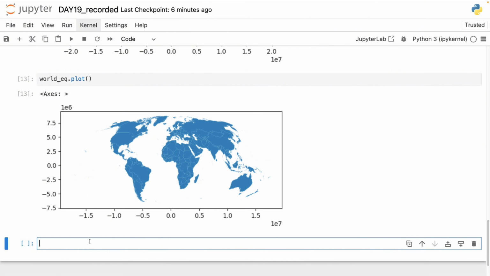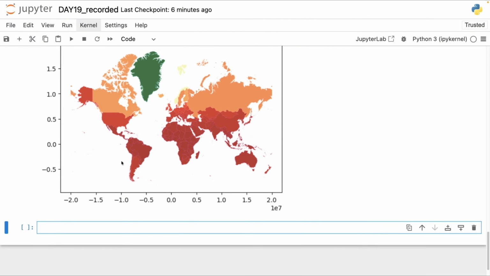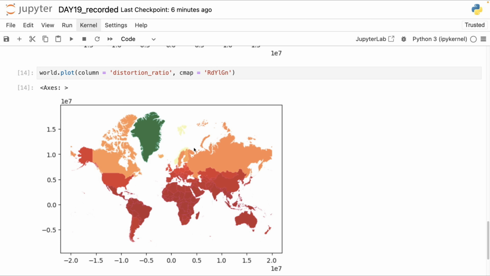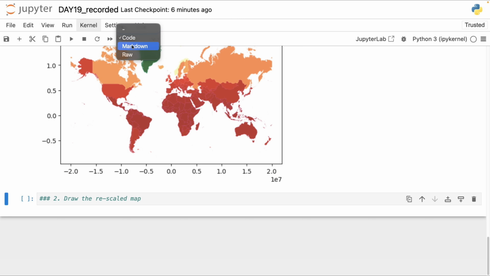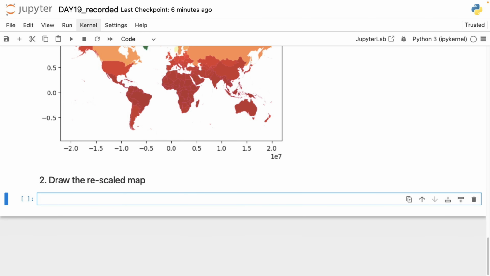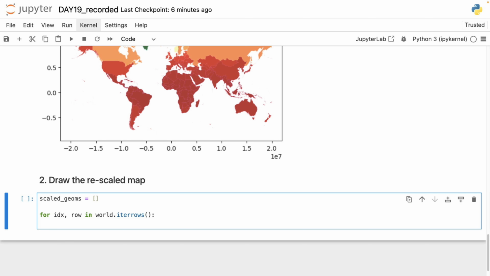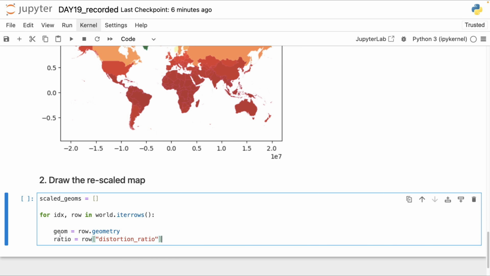And just for the sake of clarity, let's also color the map based on the distortion ratio. And you can see here that indeed, the closer a country is to the North Pole, the more distorted it is. So let's start drawing the rescaled map. We are going to store the scaled geometry of each country in this new list and iterate over all countries in the original data frame, pick the geometry and the distortion ratio,